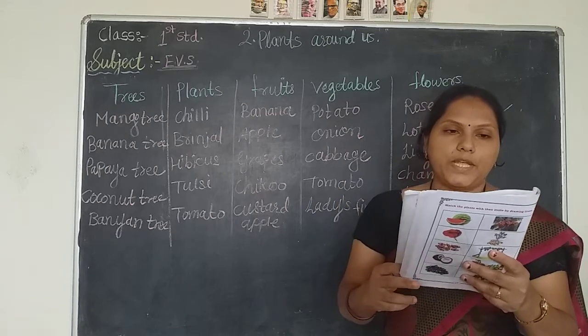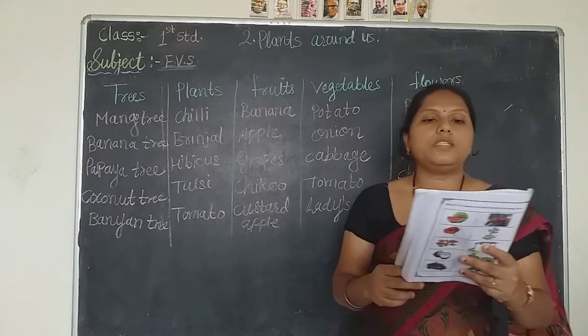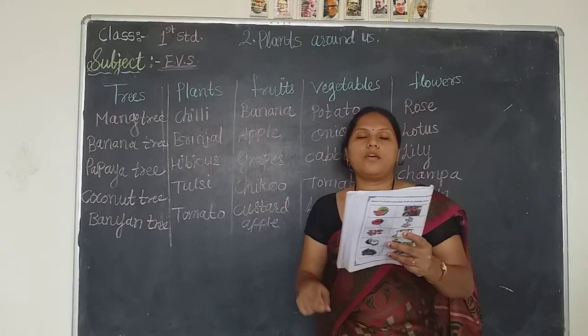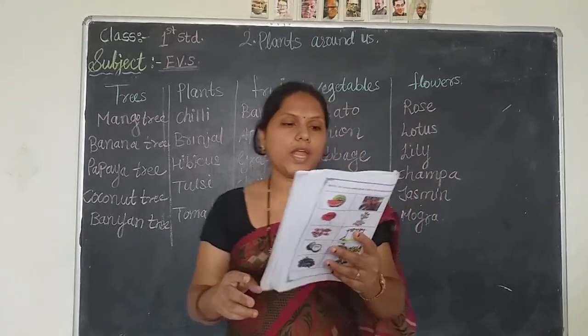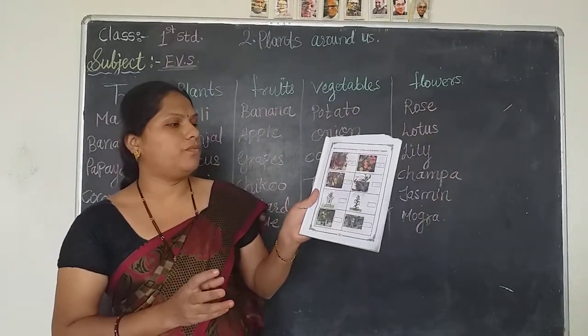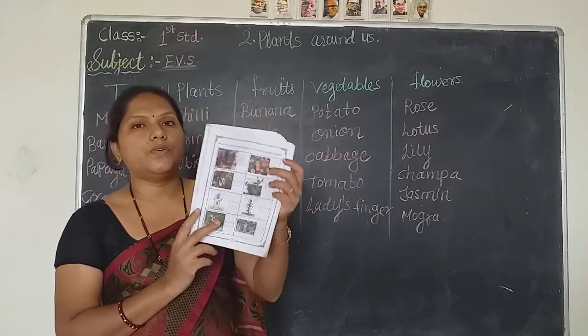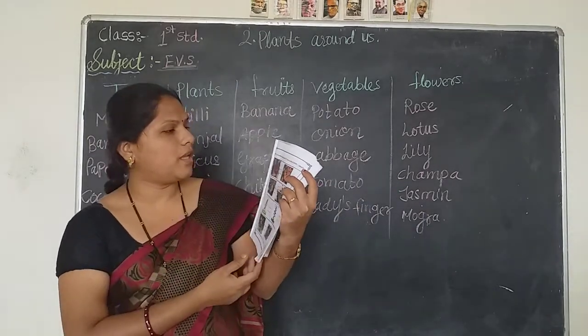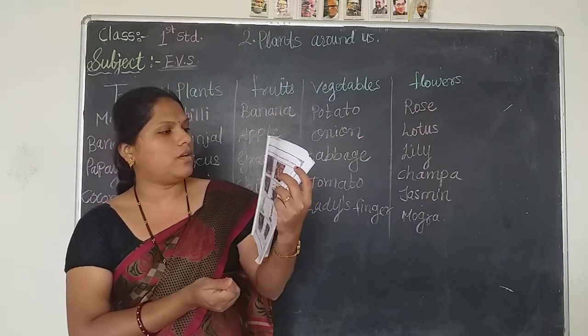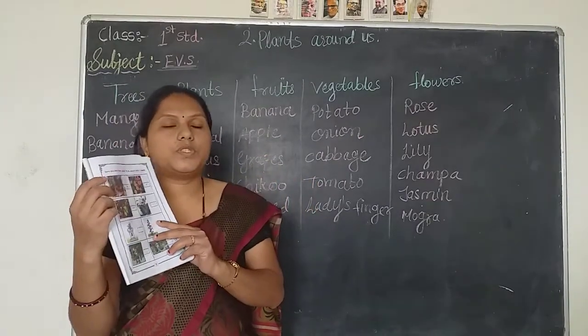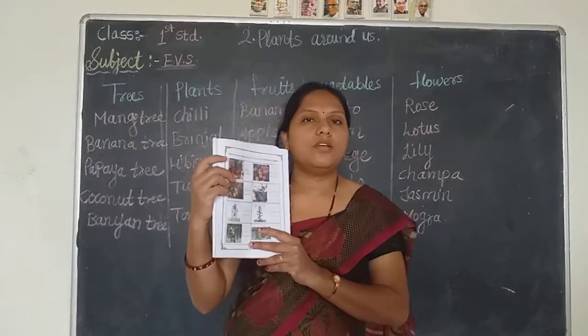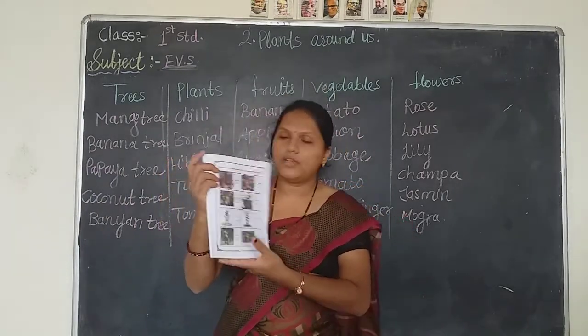Next one on page 18. Have you seen these plants? If yes, mark with a right mark. Here are some different flowers and vegetables. If you see them in your surroundings, you have to make a right mark here. First one is a strawberry plant. Strawberry tree. Have you seen it? I think no. Then make a cross here.